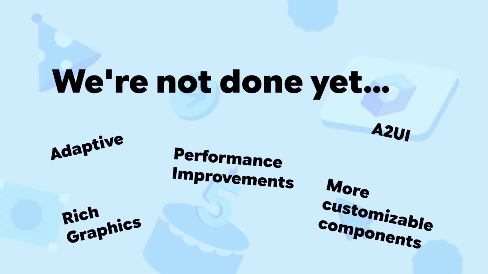Performance is always important to us. Performance is never done, we can always do more, and any work that we do, I think, supports all developers building with Compose. So make sure you're on that latest version of Compose to benefit from all the work we're pouring into performance improvements. More customization of our components. We've heard from you that you want our components to be more customizable, and we're working on some new APIs like styles, which we've talked about a little bit, to help you with that.